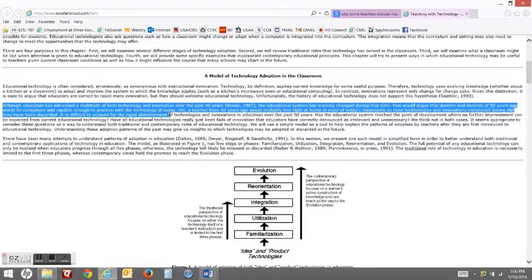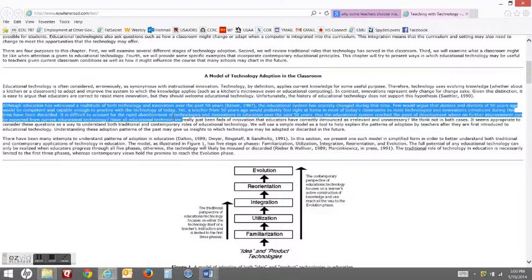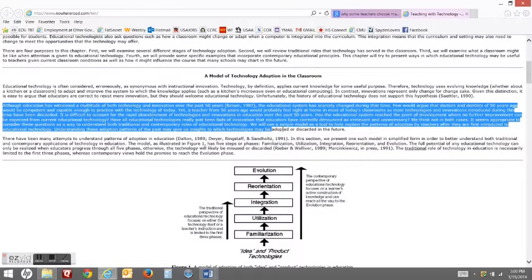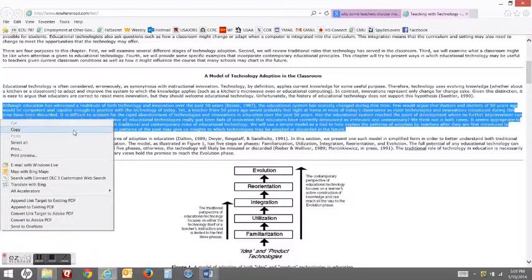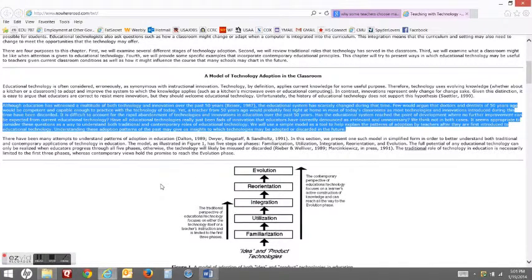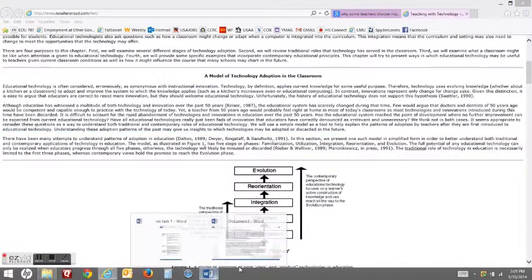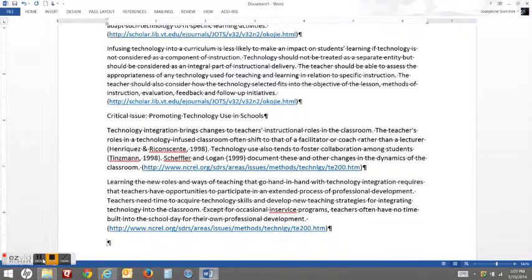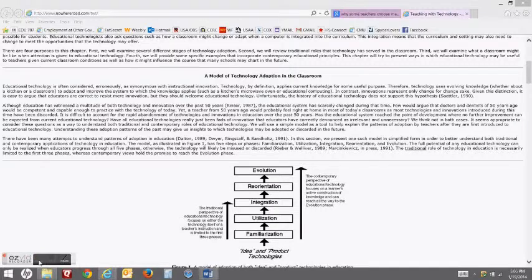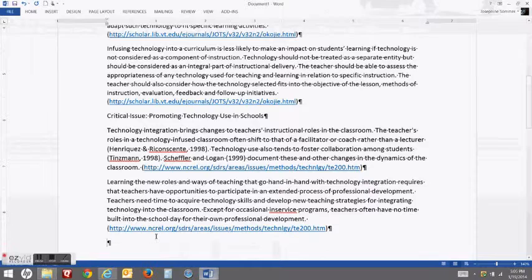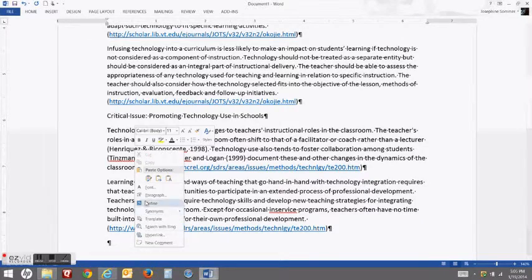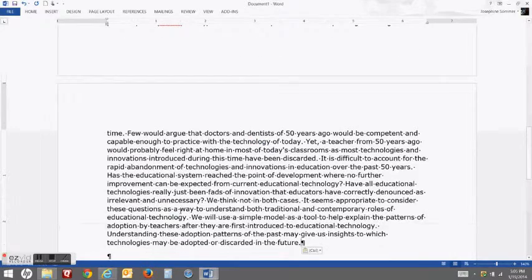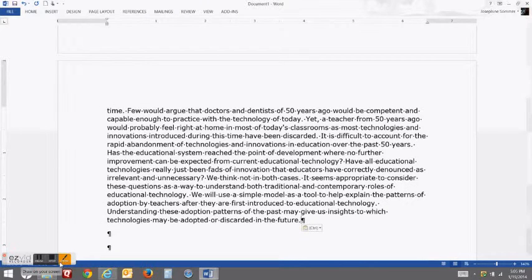So I'm going to go ahead and copy those 4 or 5 sentences, because that does play a role in where we're at. Okay, and I'll go over here to Windows or Word and paste that.